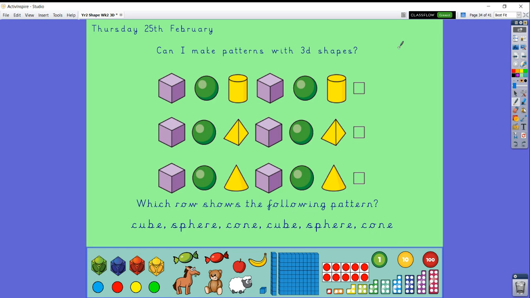So have a look. So we've got 3 different patterns here. And we've got which row shows the following pattern. Say it with me. Cube, sphere, cone. Cube, sphere, cone. Which pattern matches these words? Well, let's have a check. So we need cube, sphere, cone. And that is our repeating section. Cube, sphere, cone. Cube, sphere,